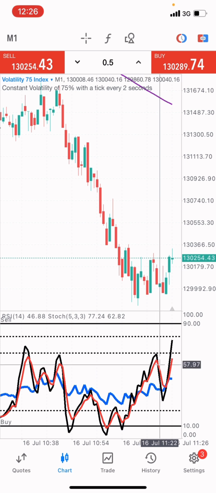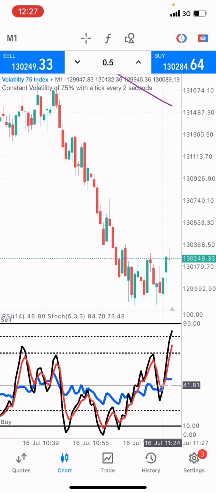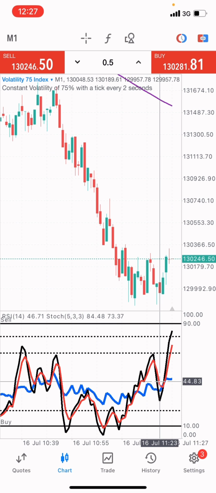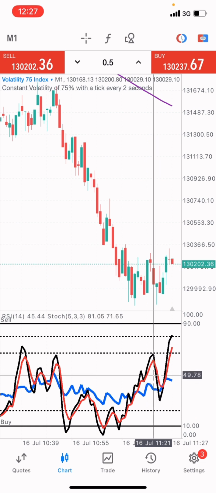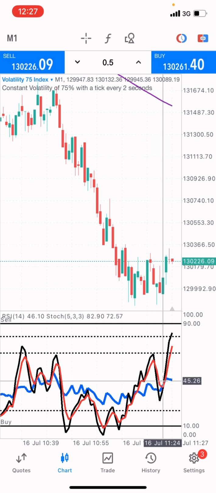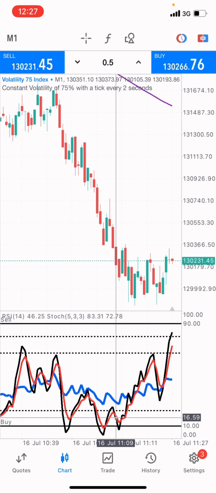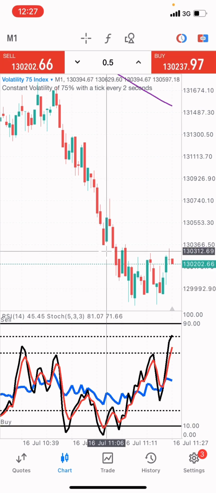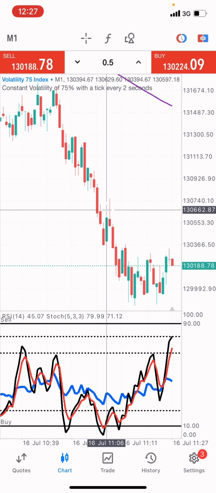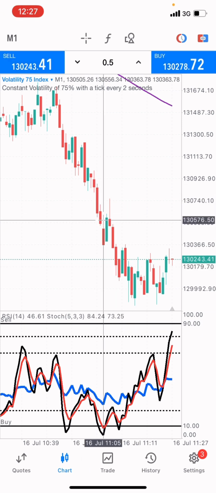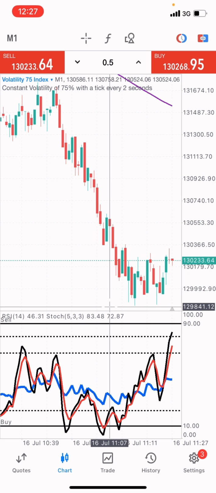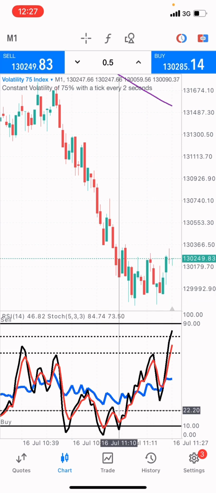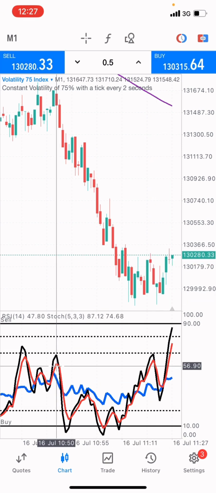Like I said, once this signal line crosses above, now this is at the downward trend, you need to go down, cross at this point. That means this market right now is buying. The market is going to buy. All right, take a look at this point here. The market buy at this point. The market bought, considering the fact that it's the 1 minute time frame. The market here, the market buy. The same at this point, the market sold